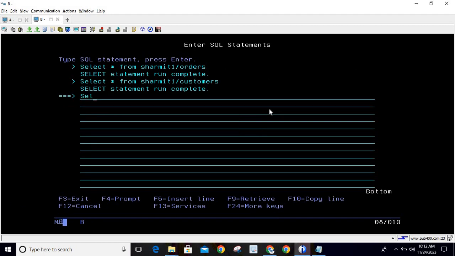For that, firstly you need to write select, and this time we are not going to use all the column names. As we are going to give priority to all the columns of the table, we are going to use asterisk, because it will include all the fields from both tables. So you can simply pass it like this. In the previous example we were using only the column names, right? So that approach is also fine, but if you want to include all the columns from the table, then you can go with asterisk. After that, we need to decide from which table we want to pick the data. So we want to pick the data from the customers table,